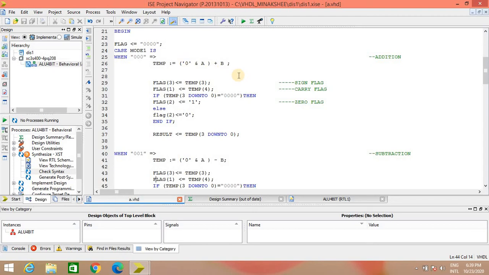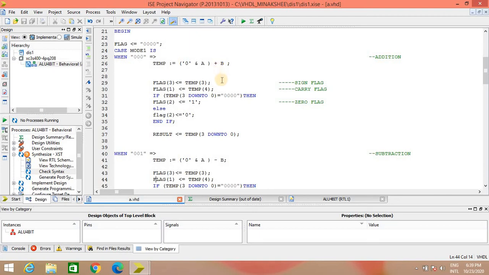Because when I add A and B, it will generate a carry, and that will be my 5th bit, but the size of A and B is only 4 bits. So to accommodate that, we have appended a 0 to it. So the right hand side will be of 5 bits and temp is also 5 bits. So these 5 bits will be stored inside temp. Now the 5th bit of temp will be just the carry generated due to the addition of A and B.